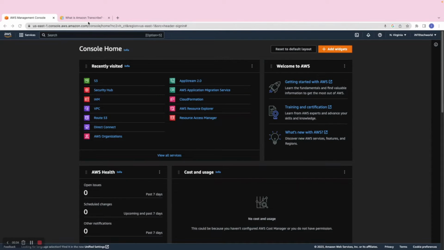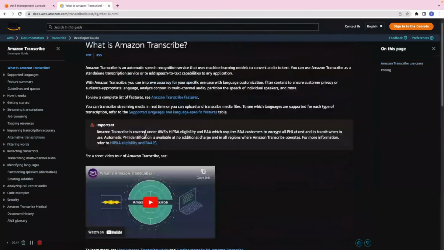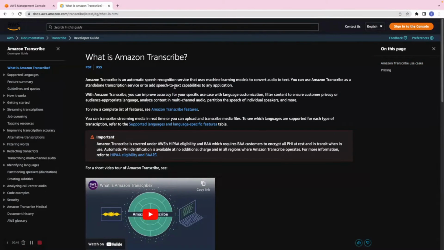So in AWS, we have two services. The first one is Amazon Transcribe, that we are going to use today. Transcribe is basically a speech recognition service which uses the machine learning model to convert audio to text. Basically, like MP3 can be converted into text, and there are many use cases we have seen in